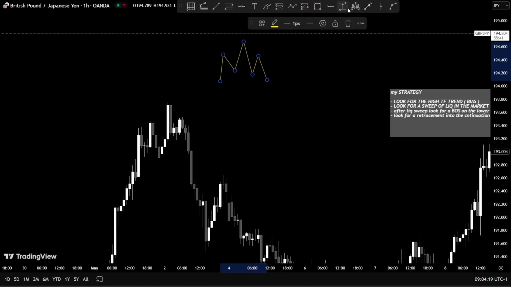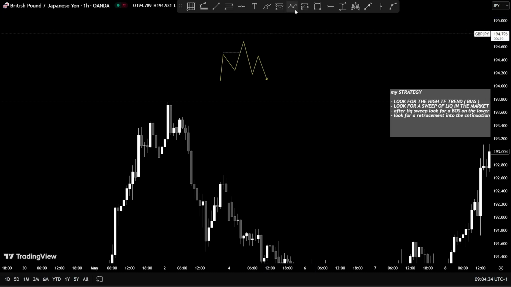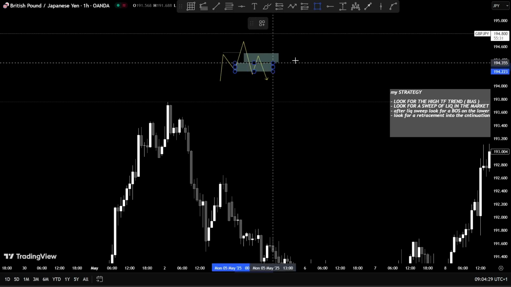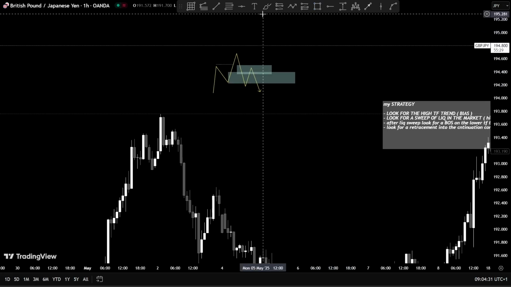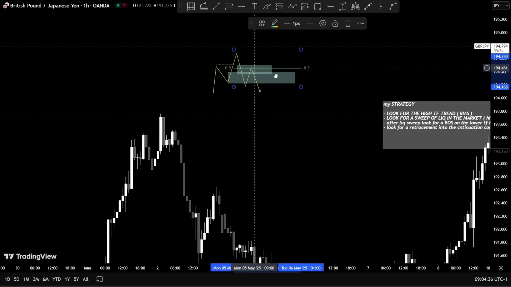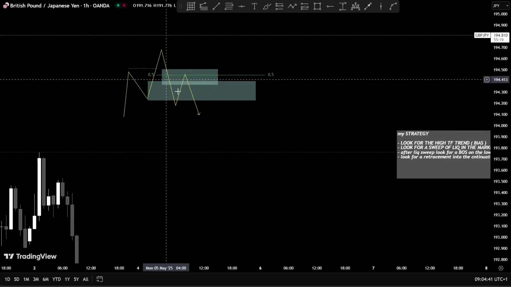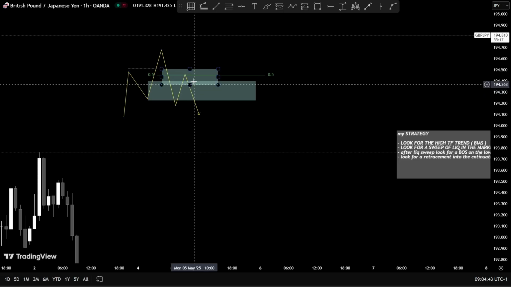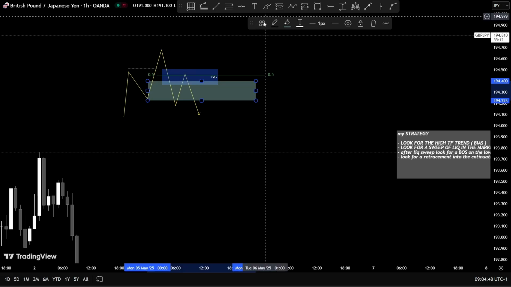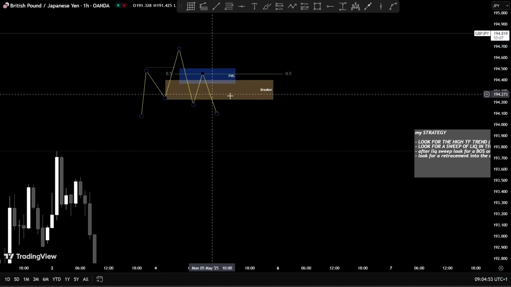So let's say this is the sweep of liquidity. Here we sweep that liquidity, and we have a fair value gap right here, and we have this breaker block right here, and also we are in a discounted price zone of equilibrium. So we have the sweep of liquidity, which is right here. We have the break of structure on the 15-minute. We have the retracement back into the continuation confluences, which is the fair value gap and the breaker block and equilibrium. And then you need to